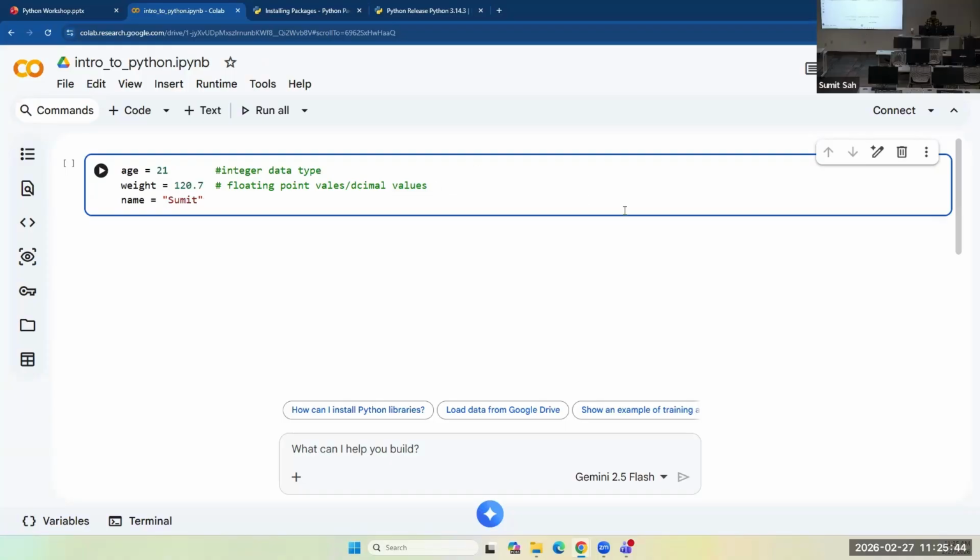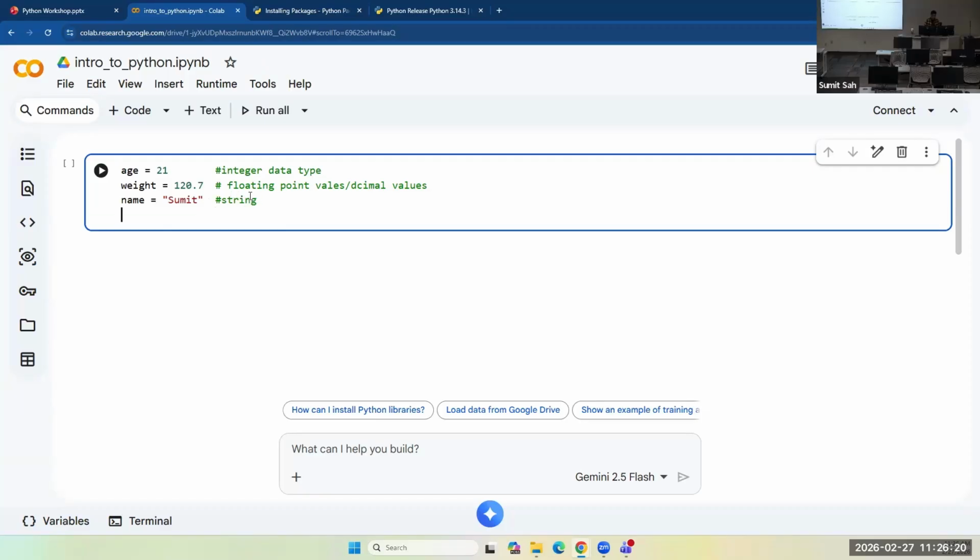A string is nothing but a word or sentence, and you have to use quotation marks to indicate that this is a string. So just writing Sumit won't be enough. You have to use quotation marks, double or single. Other programming languages have restrictions on whether to use single or double, but I don't think Python has any restrictions on using double or single. So this is a string.